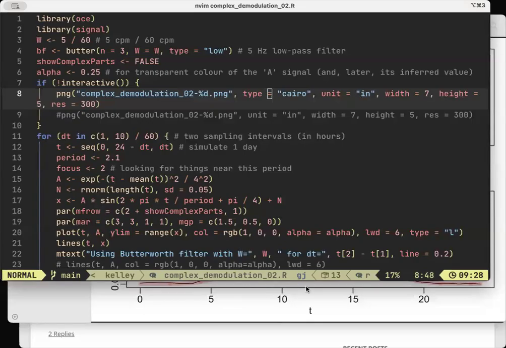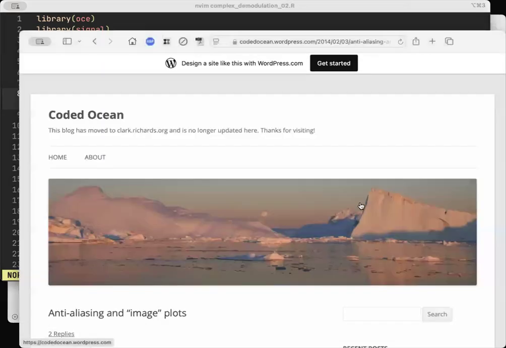This is a video about the R language and graphics in particular. It's a suggestion that if you're making graphs with PNG, you should use type equals cairo. This is a subtle issue, which is addressed very well, I think, in the blog of Clark